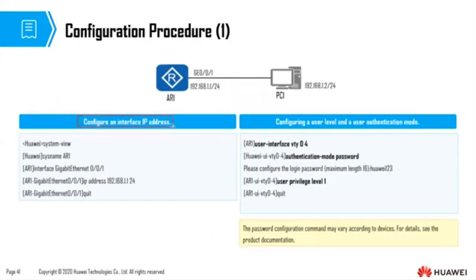So configure an IP address. We've already seen how to do this. Just as a reminder, you have to go to System View. And then here we're just renaming our device to AR1. Then we go into the interface by typing that command. Then we type the IP address and the mask. Then we can configure user level and user authentication mode. So we create VTY interfaces to allow remote login. So the command is user-interface vty